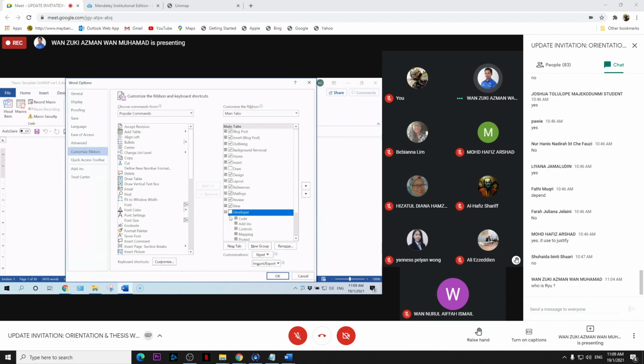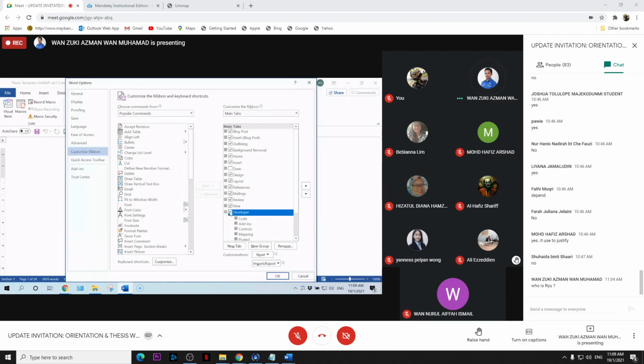By default, Microsoft Word leaves it unticked, because this menu is for the smart student. The normal student doesn't use this. For the excellent student, we use this Developer menu. So whoever wants to graduate on time needs this menu.